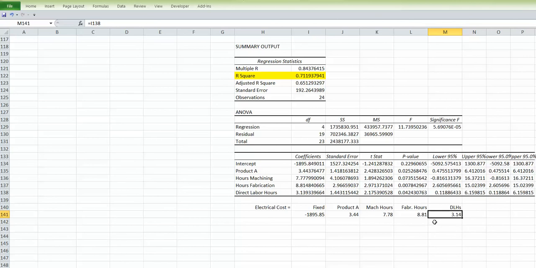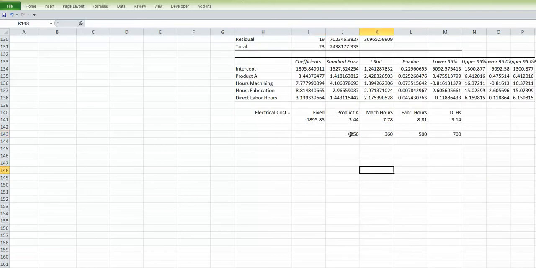And again, this is within our relevant range and assuming our production is balanced relatively in the same proportions as our input data. Again, these coefficients are simply the numbers that we've picked up down here. Let's go ahead and predict our electrical cost at the following level of output. If in the coming period we plan to produce 250 units of product A and an unspecified number of product B and C, but our total production requirements would have required 360 machine hours, 500 hours of fabrication, and 700